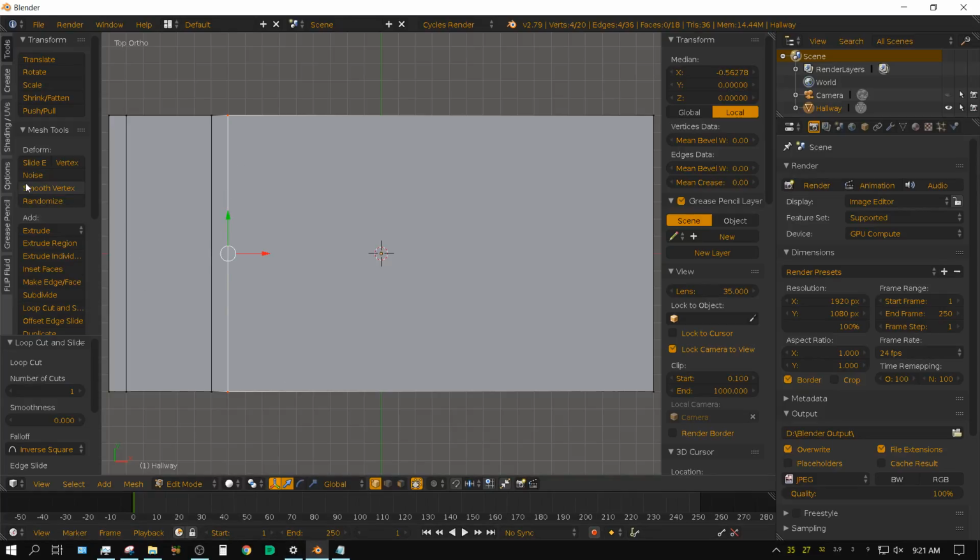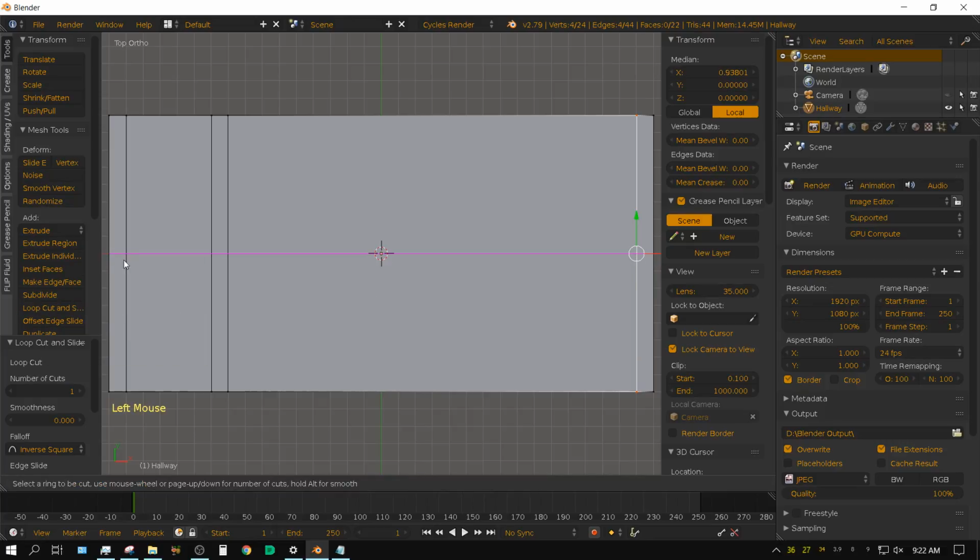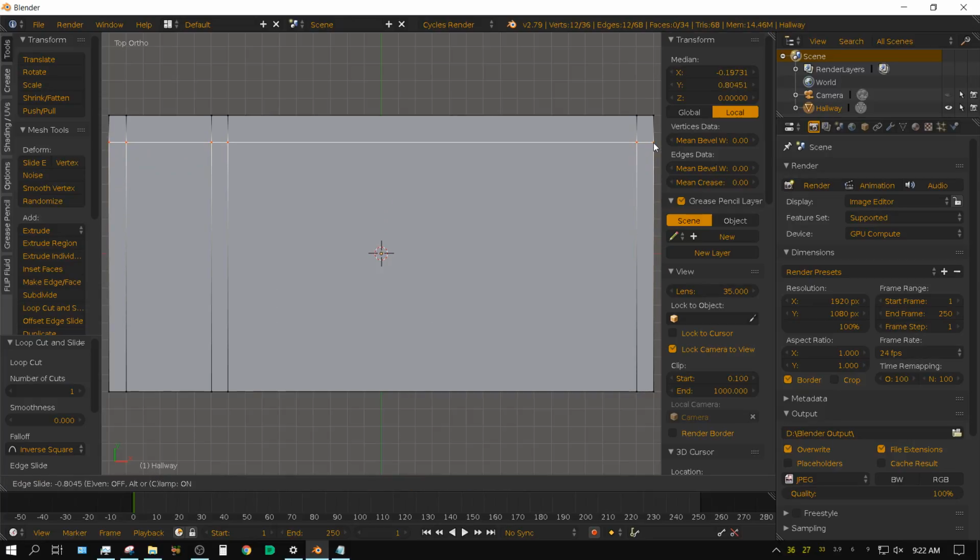Now let's do it in the other direction also. Well, we still need one more right here. Loop cut, left click, drag it to here, because this will be the back of the wall that we never see behind the camera. Alright, loop cut, come over to one of these edges, you see the line pop up, left click, and bring it up to here, because now we just created the back side of this wall or this hallway portion.